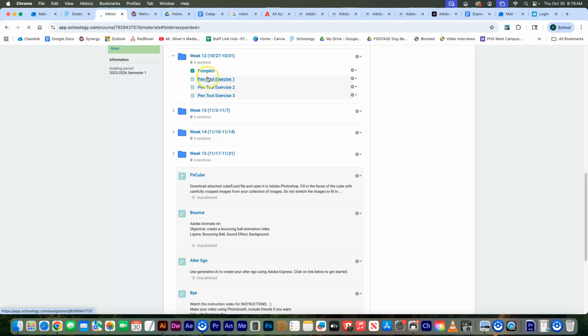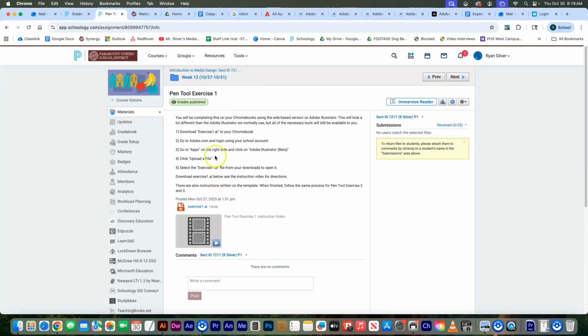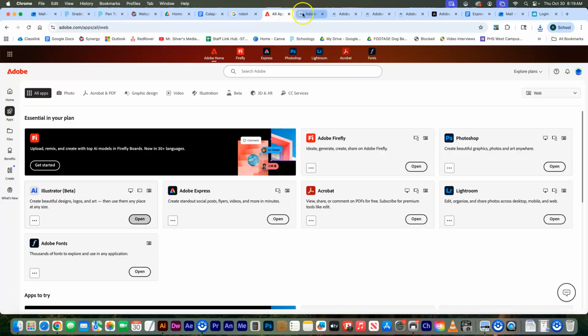So click on the pen tool exercise in Schoology, pen tool exercise 1. There's going to be some instructions here that you're going to follow, but we're going to click on this to download it. And I'm not sure exactly how it works on the Chromebook, but I can help you guys figure it out. But when you click on it, it should download to your Chromebooks, and then you're going to have to open it up